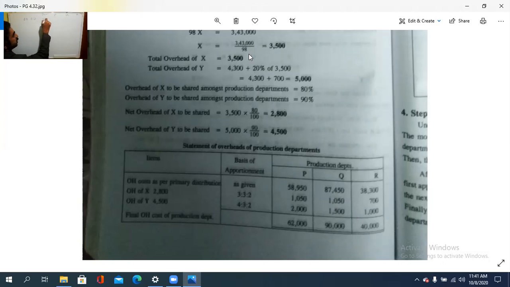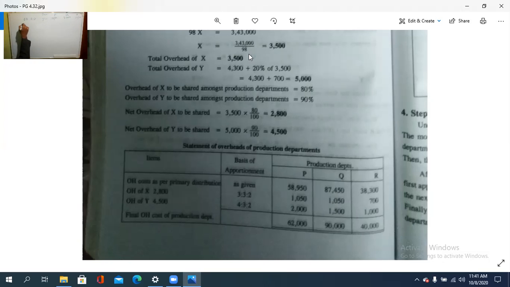That is as given. What is the amount in the question? 58,950 for P and 87,450 for Q and 38,300 for which one? R. Then